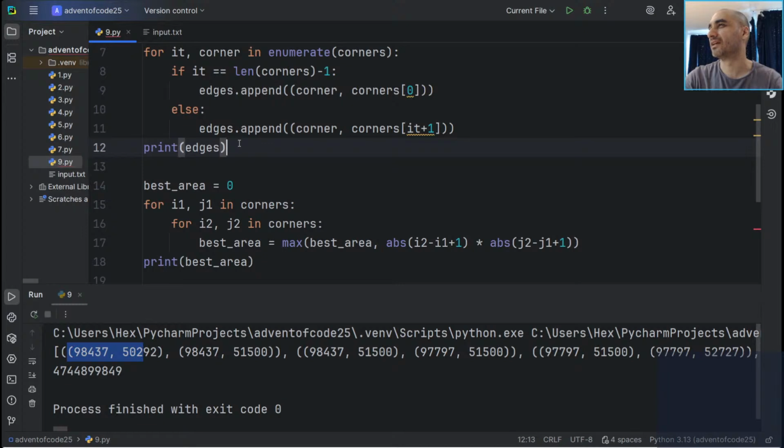It's a winding number thingy. So either we count how many times we turn left and turn right, and that number tells us